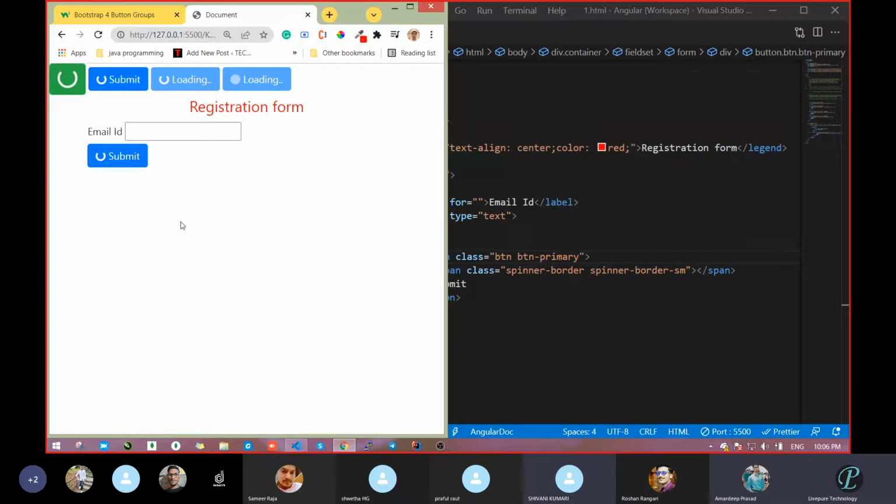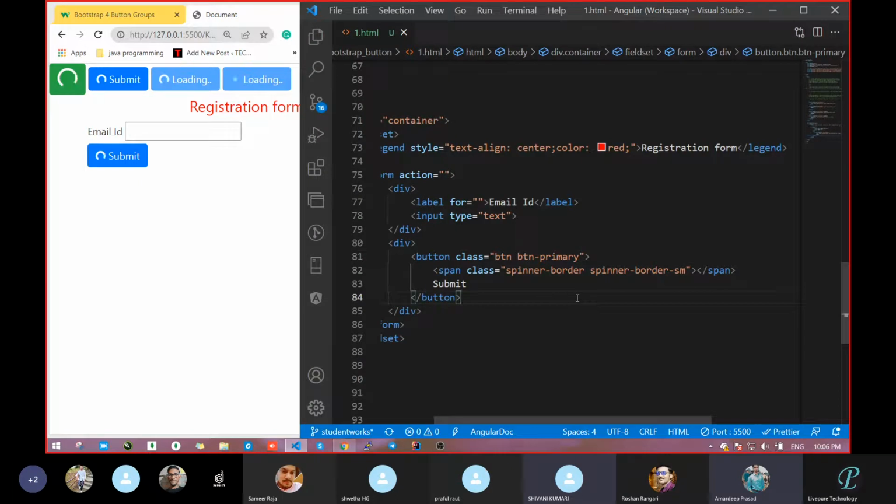Sir, I'm telling the concept behind that. When we open any form, there is only a submit button. When we click on the button, then this action happens. That's fine, I already got what you were trying to say. I'm telling one thing: when you come to the logical part, suppose in Angular, then we can write that code and hide this one. After clicking, this transition will happen. We can hide this one, and once the user has pressed that button, the spinner will come and this text will be hidden.